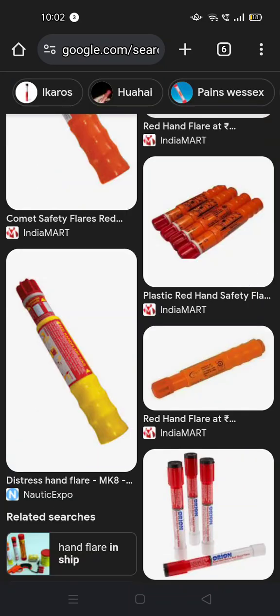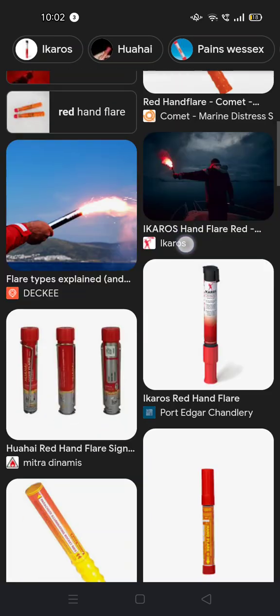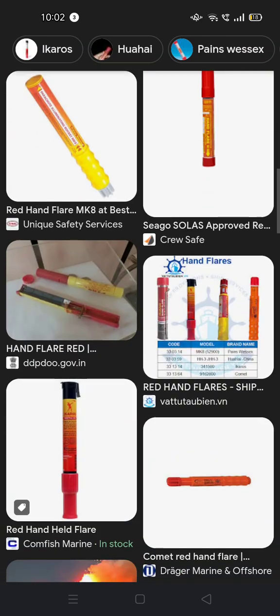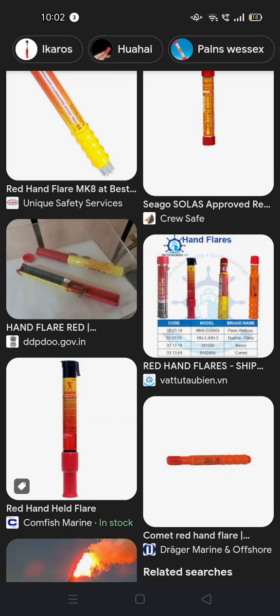One more thing I missed about the rocket parachute flare is that the maximum rate of descent is 3.5 meters per second. Okay, so these are the hand flares now. The quantity is 6 in each lifeboat. Hand flares have a lighting capacity of 15 candela and the total duration of burning is